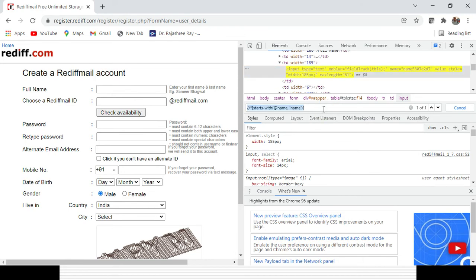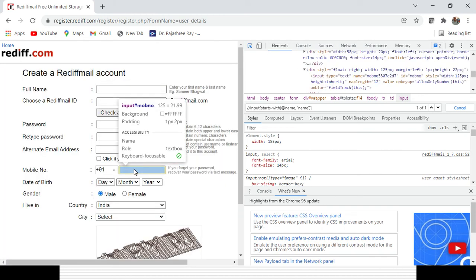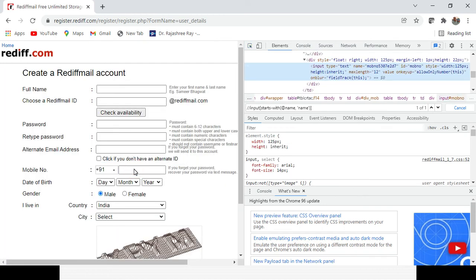So in case you do not know the tag name, okay, if you do not want to create it, so / then star. If you know the tag name, it's better to use the tag name here. You can use the tag name input. Okay. You could see one out of one element is getting fine. Now just try to identify the other element, right? Suppose say mobile number. Just mouse over to the mobile number. So here you can see that text is coming, type is text, ID is mobile number, and name is mobile number, right?